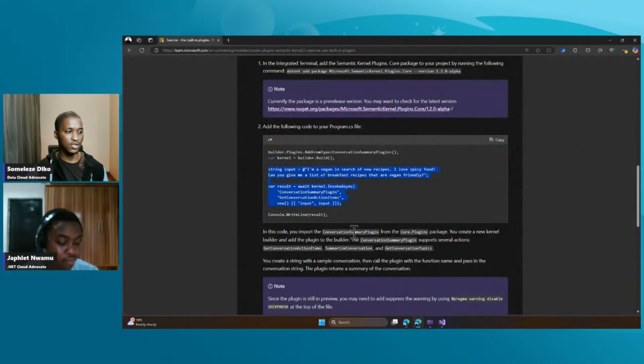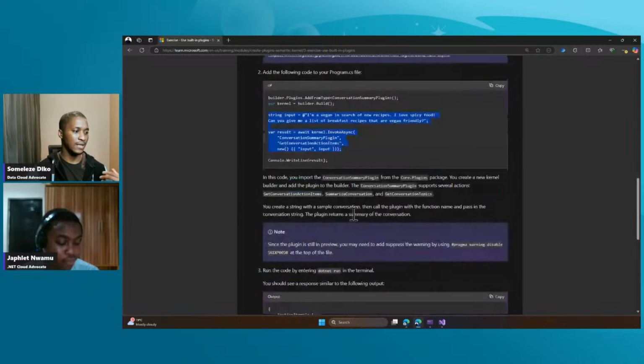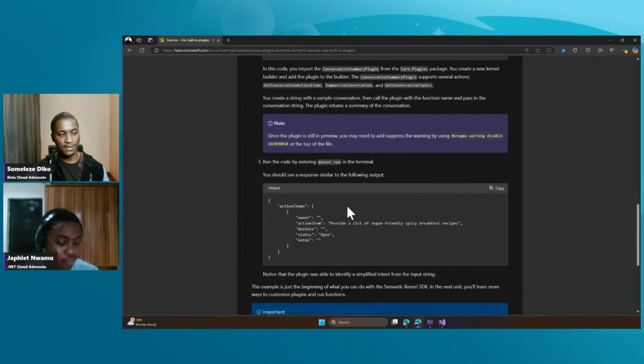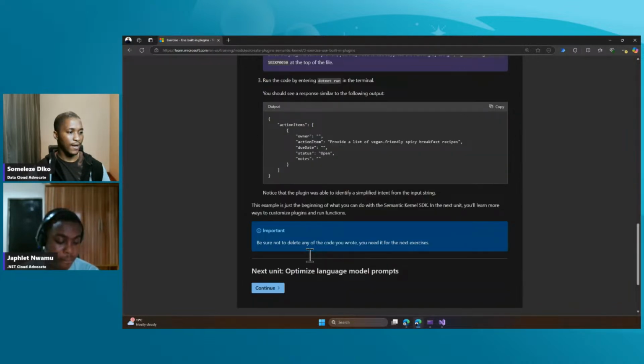Now, what's next is to see how we can use this and yield some results. In some instances, these are the action items that it was supposed to take out, as you see on the Learn module, which would be similar to that and not exactly that. But in an instance where maybe you want to optimize your language model for prompts, you can move over to the next part of this presentation, or this demo,